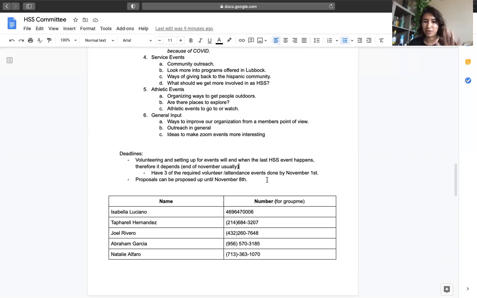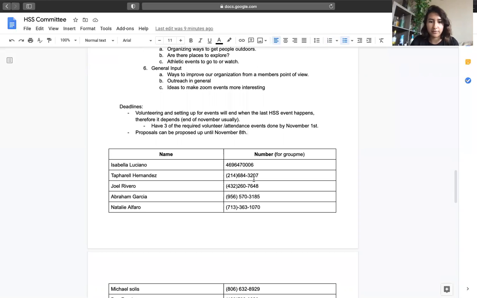So it's something for y'all to have in the back of your mind, like, I have to make sure I have these 3 events done by the end of the month, because if I don't, then I still have 6 more events I have to do within a couple weeks, and that's just going to be a lot for y'all.